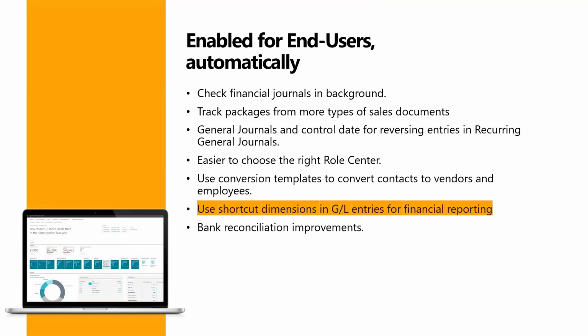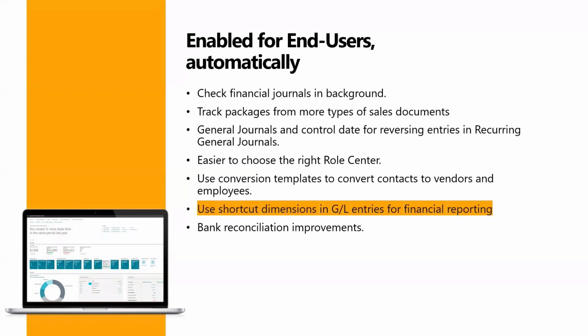In this session, we will talk about using shortcut dimensions in GL entries for financial reporting. Let's talk about what a dimension is. Dimensions are values that categorize entries so you can track and analyze them on documents such as sales orders and sales invoices. Another example is to set up a dimension called department and use this dimension every time you're posting